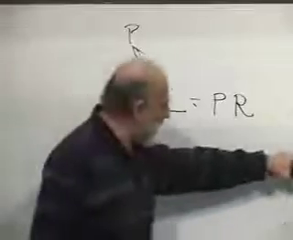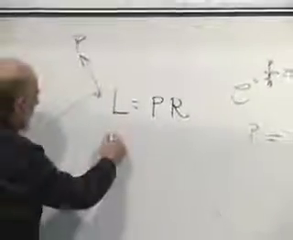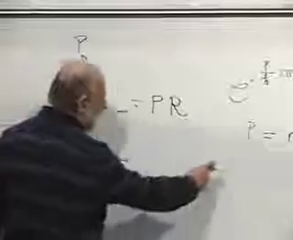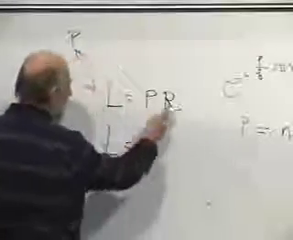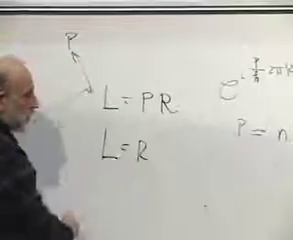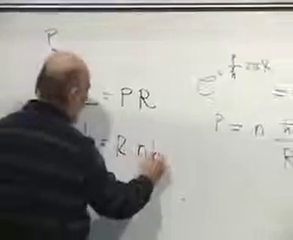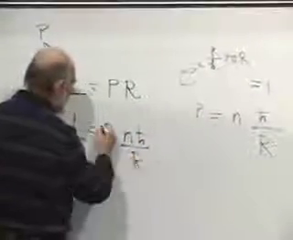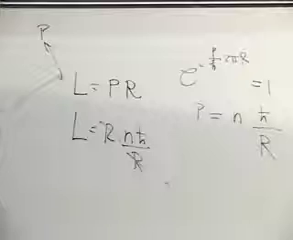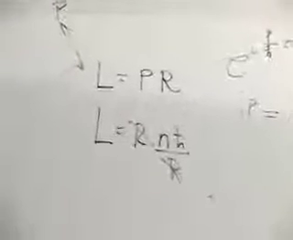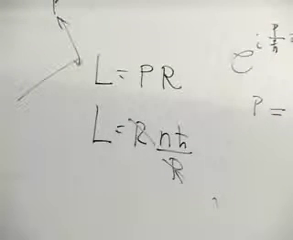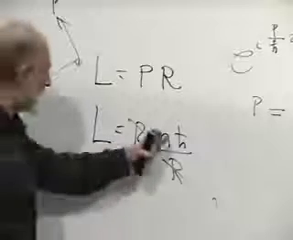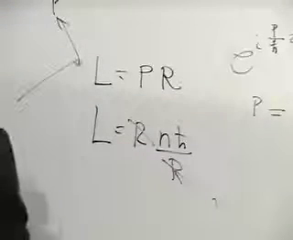What does that say the possible values of angular momentum are? The possible values of angular momenta are R, that's this R here, times the possible values of P, which is n h bar over R. So we see before our very eyes that angular momentum is quantized in units of h bar. Incidentally, angular momentum and h bar have the same units,